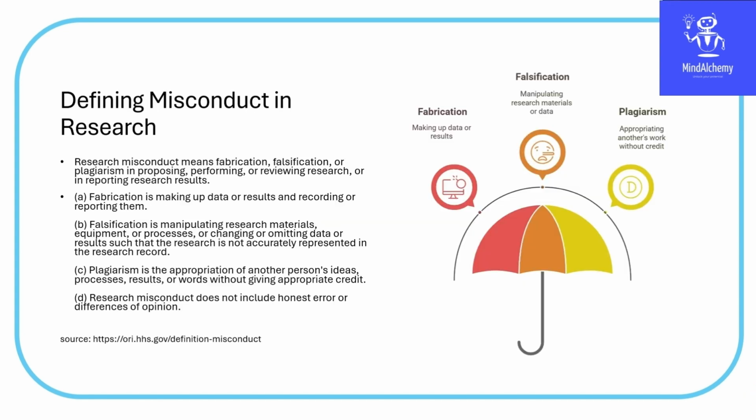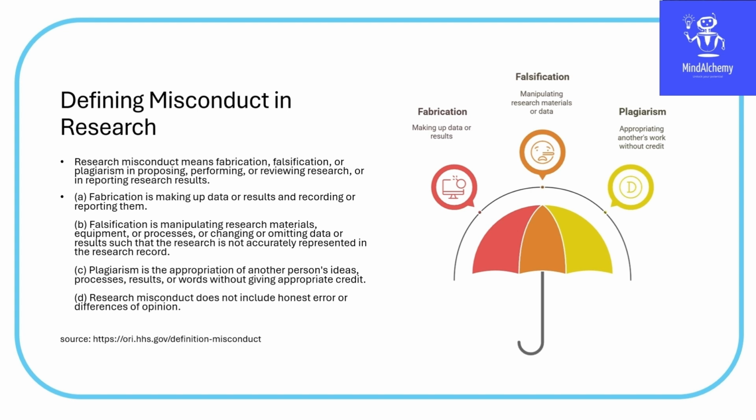The first one, which is defined as a misconduct in research, is fabrication, which is you can manipulate your data or results and recording and reporting them in a different way or a different manner rather than in which it is supposed to be. For example, you are having certain kinds of results which you may fabricate, which you may manipulate and may present it to the research community, which is fabrication.